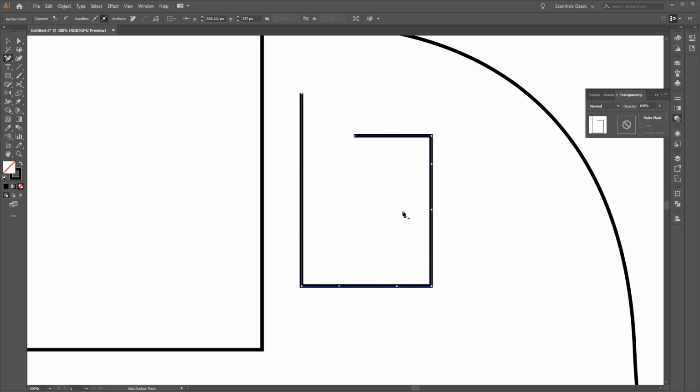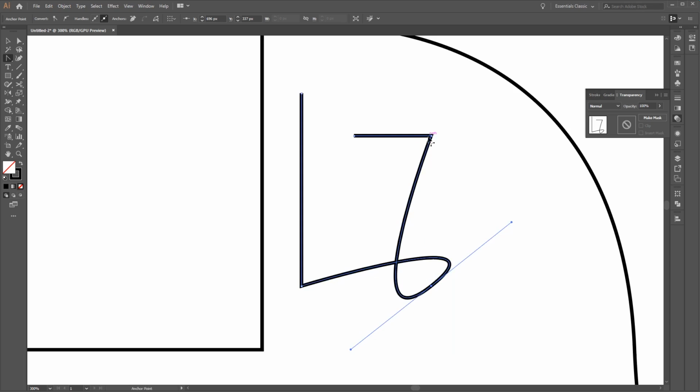And the minus button on our keyboard is the delete anchor point tool, so we can use this to delete our anchor points, like so. And then to convert an anchor point, we press Shift C on the keyboard, and this will enable us to convert our anchor points so that we can get these nice